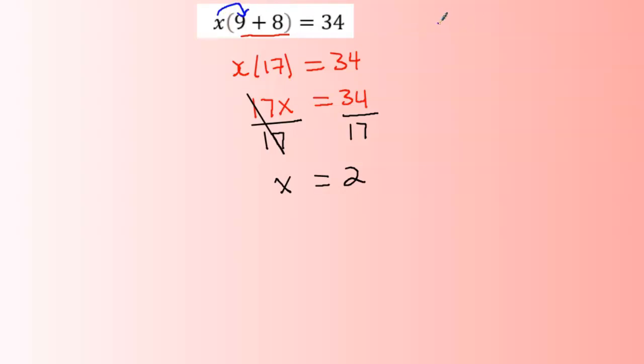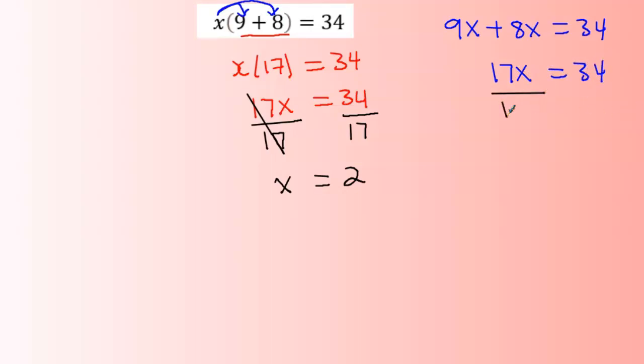So if we distribute, then we would get 9x plus 8x, which would have been 34 here, and we will get 17x, which would have been 34 here. And now we divide here by 17, divide here by 17, and x is equal to 2 as we got in the other method. So this is not really strange, but you never know, some students when they